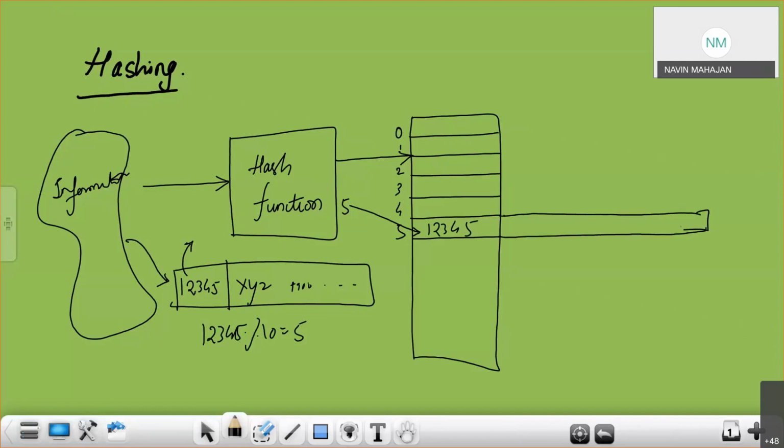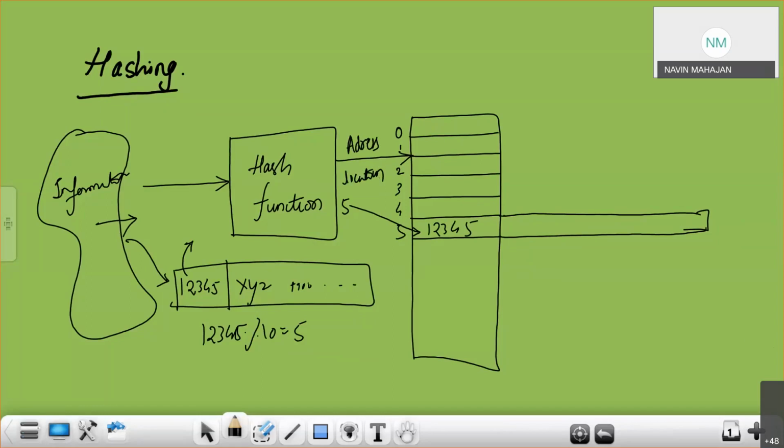After this, all that information, name and everything, will follow. But what is important here is the key. These are normally called keys. This is the key. A hash function is applied on the key, and we get an index, the result, which is called the address of the record in the hash table, or the location of the information.